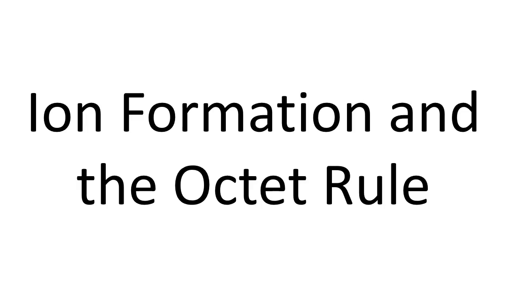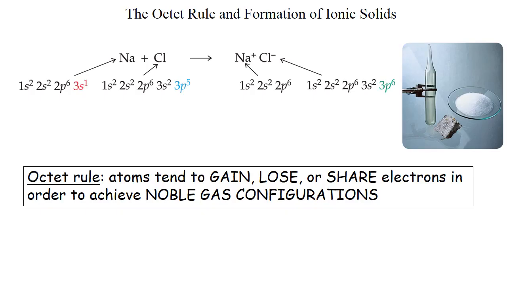So we've been talking about how ions form, but I want to combine this with the idea of the octet rule, which we're going to talk about this chapter and the next chapter. So the octet rule states that atoms tend to gain, lose, or share electrons in order to achieve noble gas configurations. So the same reaction we've been looking at, a neutral sodium atom and a neutral chlorine atom reacting to form